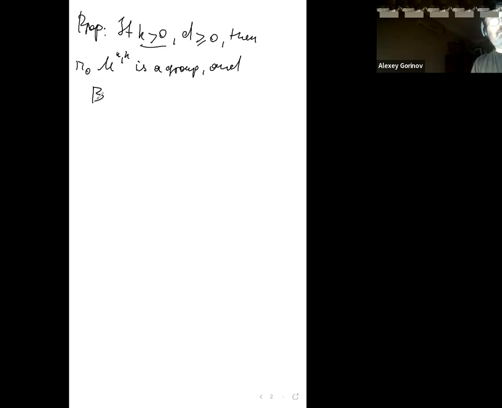And so we can form the classifying space of the resulting monoid, and we can claim that BM_{n,k} is the same, on the one hand, it's the same as